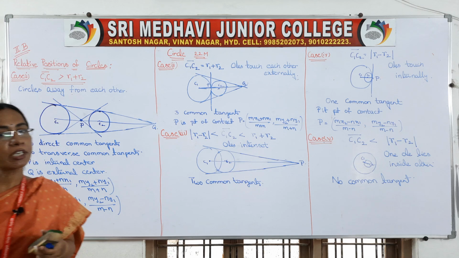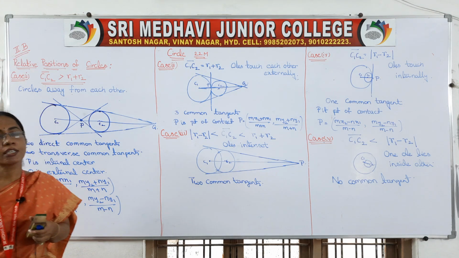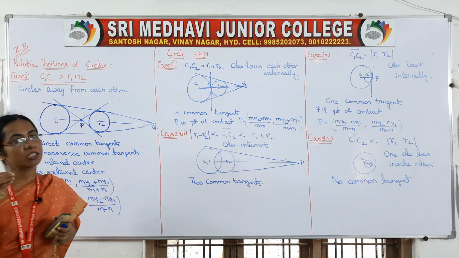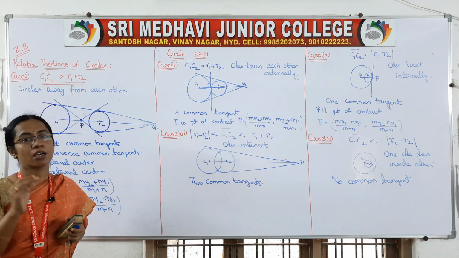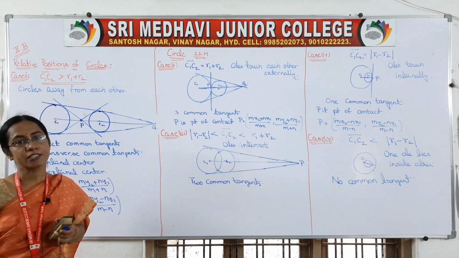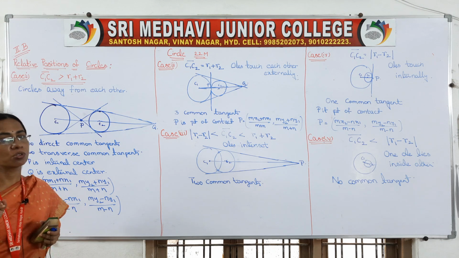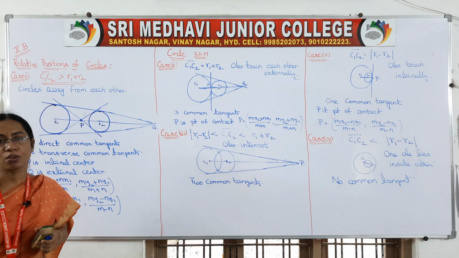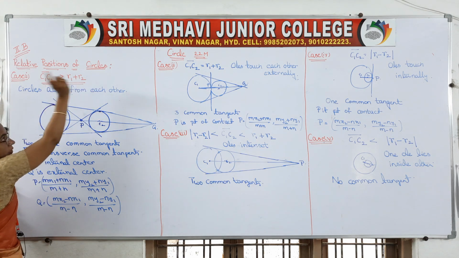Actually in the question they will give two circle equations to you, and they will ask sometimes how many common tangents there are, whether these two circles touch each other or not, whether these two circles intersect or not. Like that they will ask the question for 7 marks. From this topic we have two 7 marks questions. One 7 marks question will be based on the relative position of the circles.